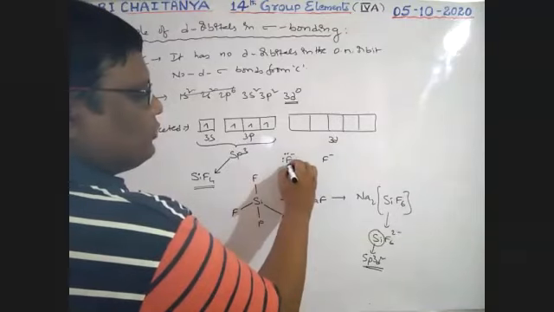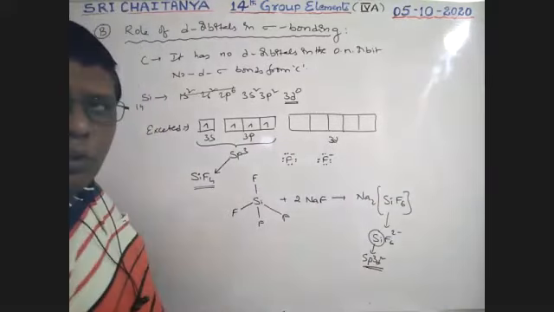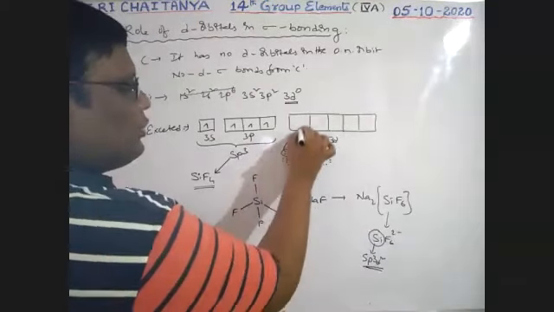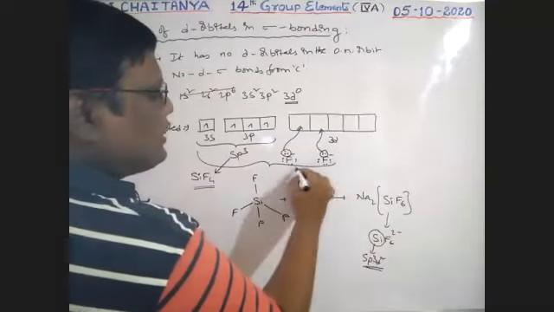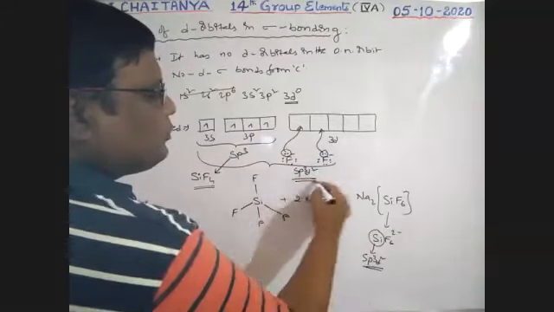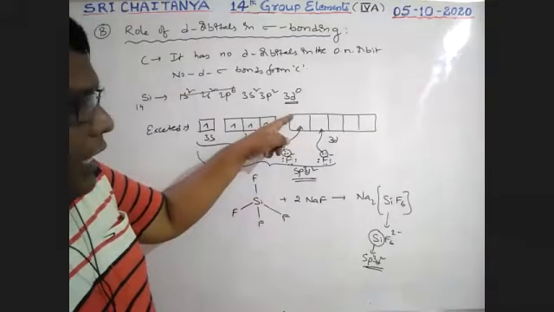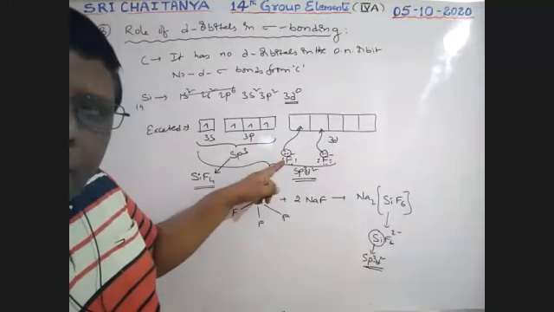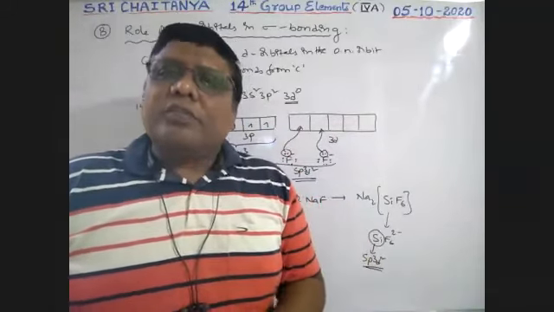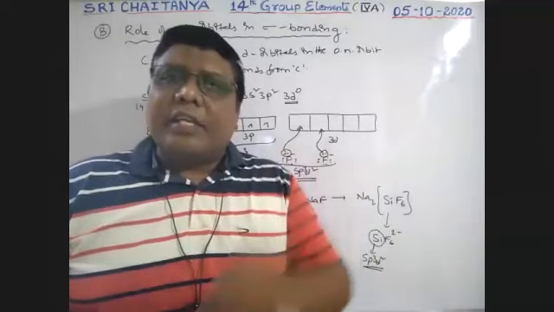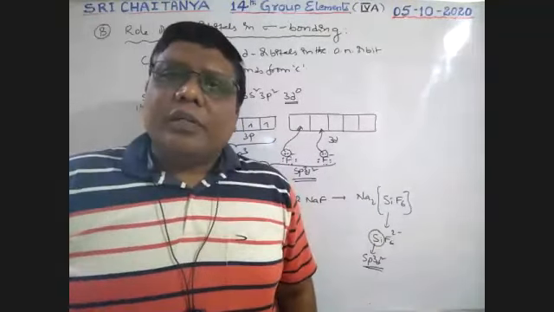So this one has 4 lone pairs. Every halide ion has 4 lone pairs. So this lone pair is donated to this empty orbital, and this lone pair is donated to this empty orbital. That means overall it is involved in sp3d2 hybridization. Because of that, from the silicon side a d orbital and from the fluorine side a p orbital, so d orbitals may also be involved in sigma bond formation. D orbitals can be involved in bond formation.